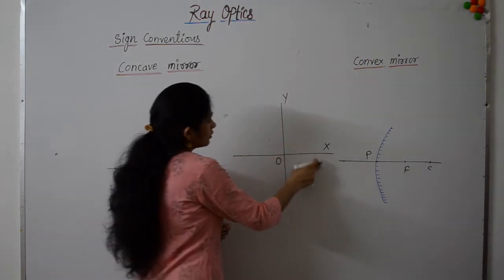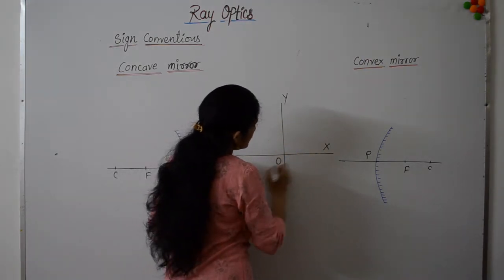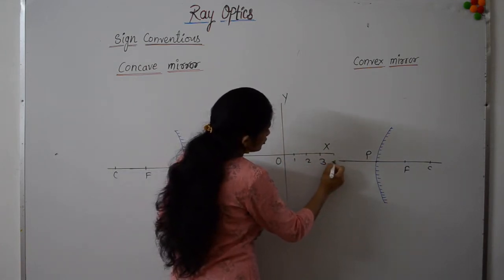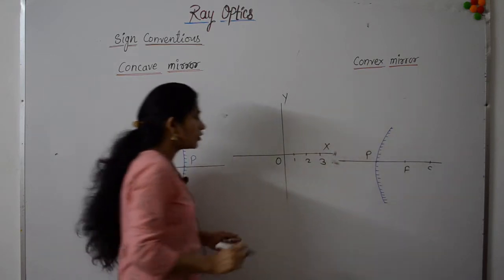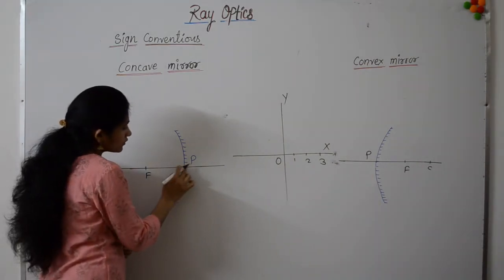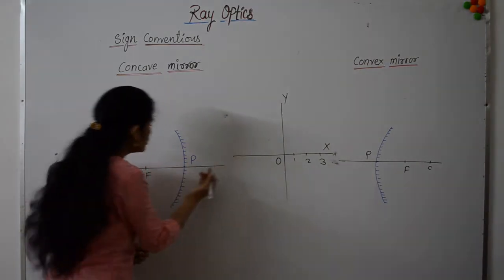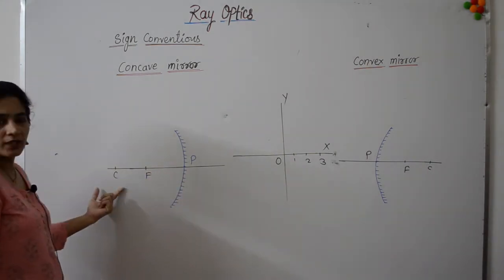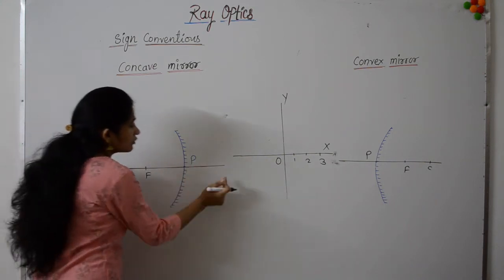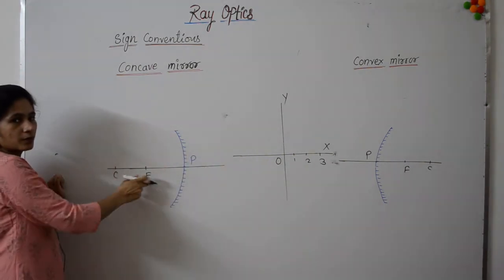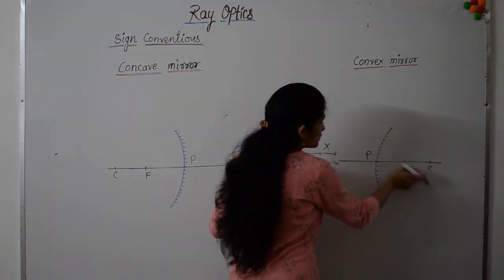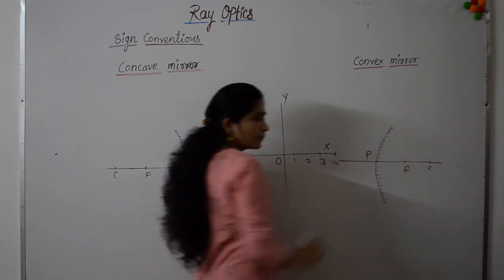So as we know, in this coordinate system, the numbers which are on the right of O on the x-axis are positive. We have positive numbers on the right of origin. Similarly, the numbers which are on the right side of P are positive and the numbers which are on the left of P are negative. In this case, we have to say distance. So the distance which is on the right of P is positive and which is on the left of P is negative. In this case also, if it is on the right of P, it is positive and the distance which is on left of P is negative.